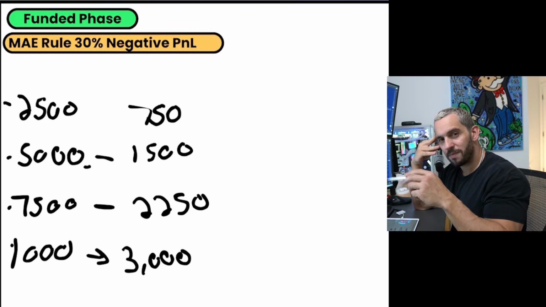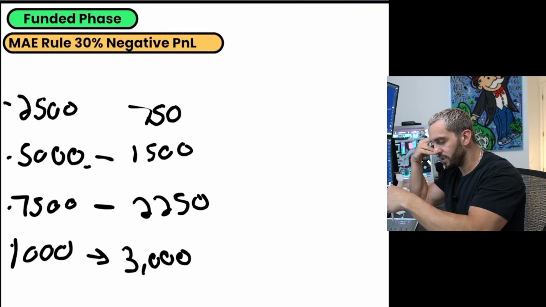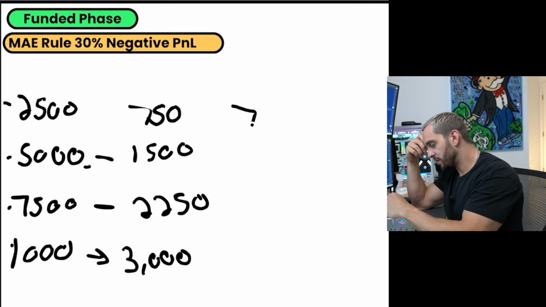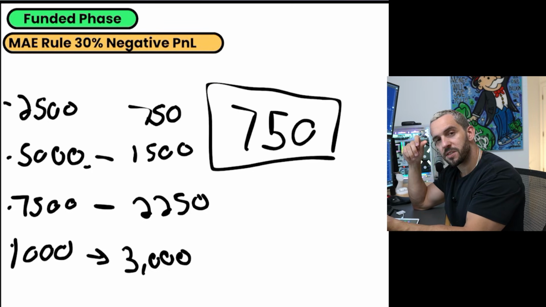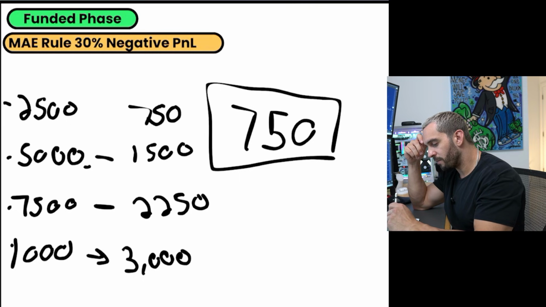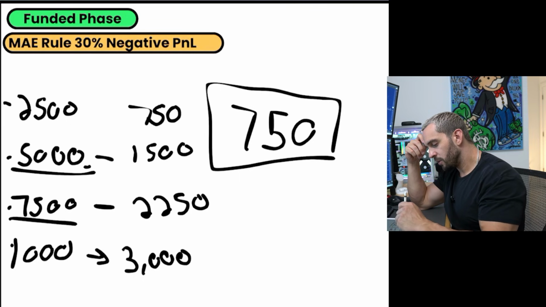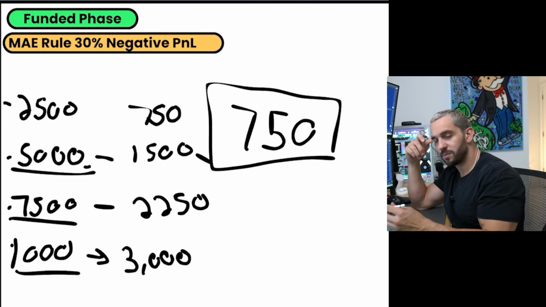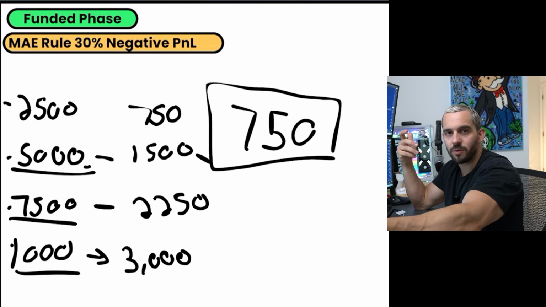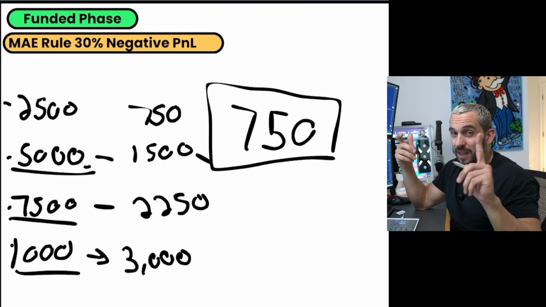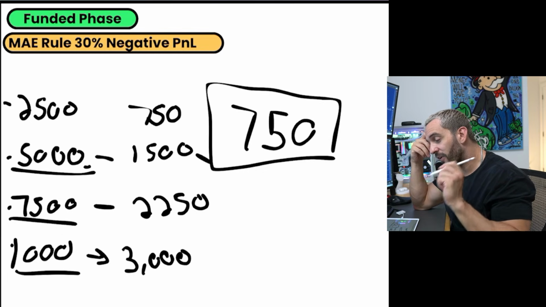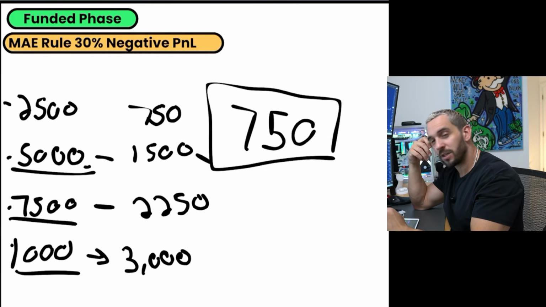You just need to do this math once for this one specifically, figure out what that number is, and you're just gonna go put in 750, and you really shouldn't even have to worry about this number ever again. But you can also set reminders for milestones when you hit this, and you can increase this, because obviously you're gonna wanna increase your risk as you're making more money so you can make more money, right? Which actually leads me into the final rule for Apex that I don't think a lot of people know about,